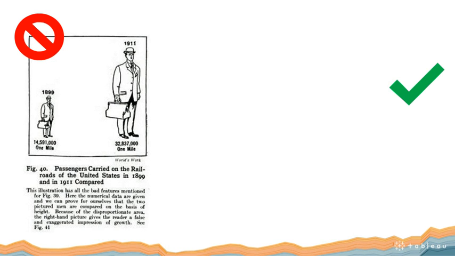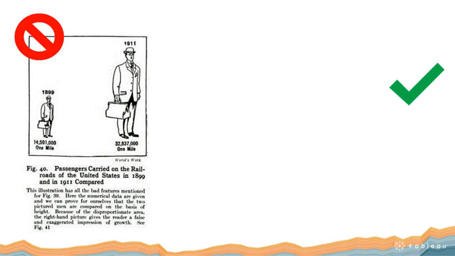I can show a man that gets really large, right? And this is how a journalist did it. And Brinton was pointing out on the left-hand side, these characters, the smaller of which is supposed to show how many people rode trains in 1899. The larger man on the right showing how many rode in 1911, 12 years later. That's hard to even guess how much bigger one guy is than the other. Is it based on height, in which case he's twice as tall? Is it based on his mass, in which case I really don't even know how much heavier one man is than the other? And people didn't get bigger, right? So even the notion of larger people is again not really to the point.